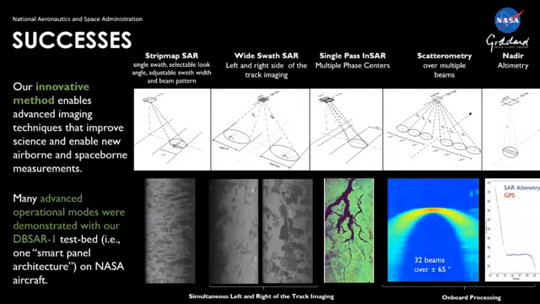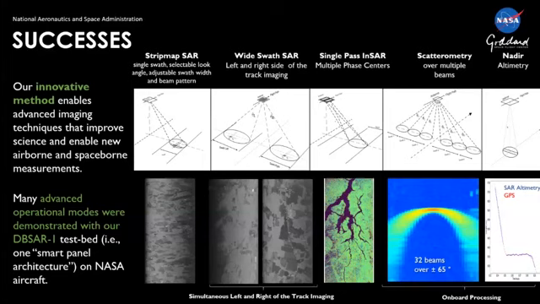And here is a case where we're using a single antenna and actually doing single pass InSAR. Now, in that particular case, the beam separation is fairly small, so we can't measure very tall things. But when we put it into a situation where we can look at the same area from a wider or a longer baseline, then we can, of course, see more features on the Earth. I'll show you an example of how we did that with an aircraft.